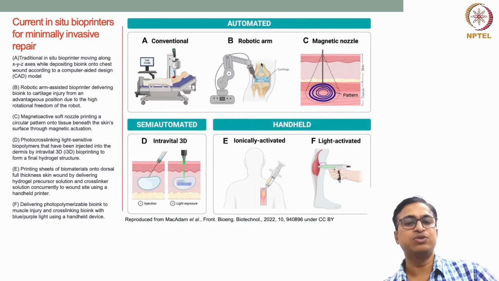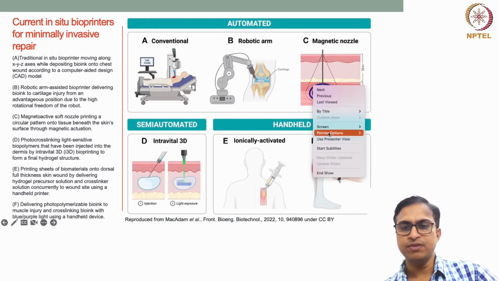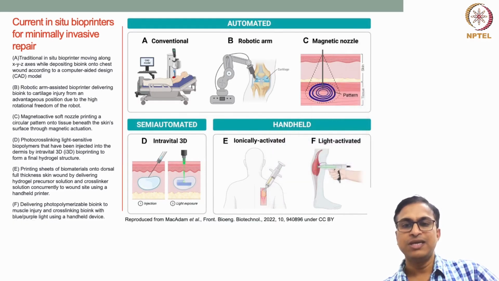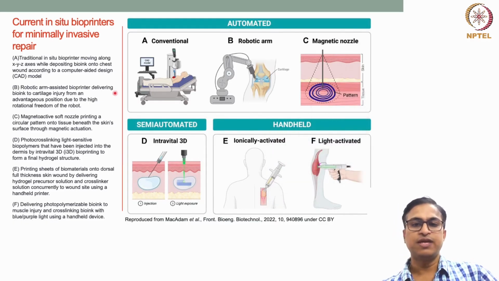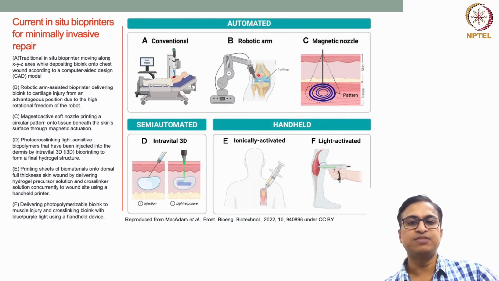Suppose here they have shown the example of this robotic arm dispensing, where there is a defect in the cartilage tissue. Cartilage is basically present in our joints. It is the cushioning surface between the joints, which is attached to the bone. So if there is a defect in the cartilage, then this robotic arm assisted bioprinting can deliver the cartilage tissue specific bioink